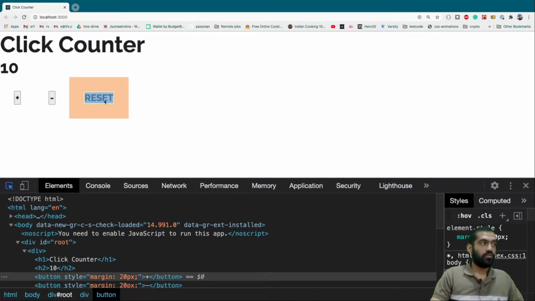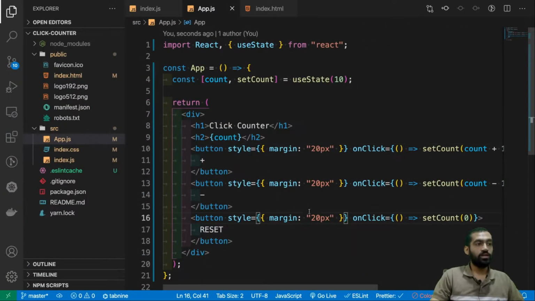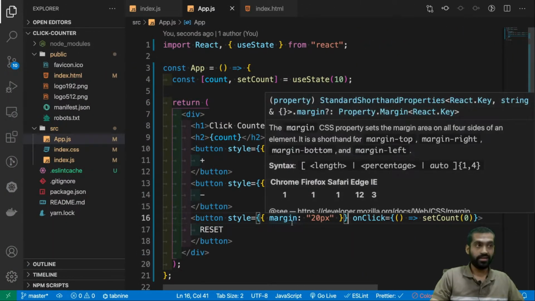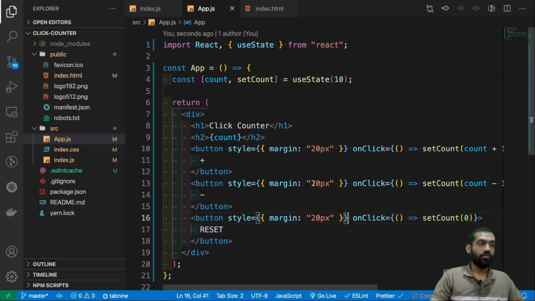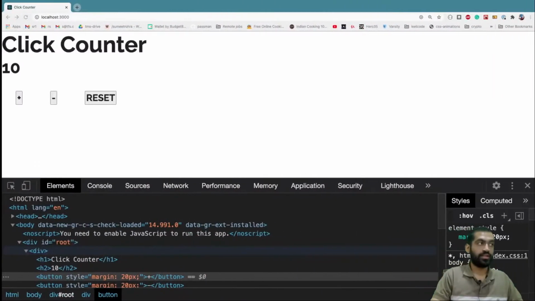In order to give this style to each and every button, I had to write this thrice. What if I have to change the style to 30 pixels margin? I'll have to do this thrice. Not an ideal condition, right?